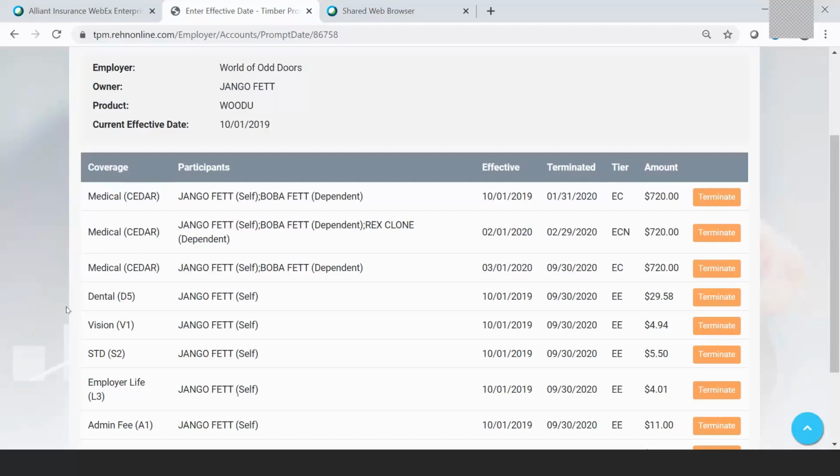So this process we did with the changing of elections for a dependent is the same process for making a change for an employee. Just as a reminder, please be aware that the same rules for adding coverage outside of open enrollment or for newly eligible employees do still apply. Even though the system isn't going to lock you out from dropping vision and then adding it on the next month, if somebody is voluntarily dropping coverage mid-year,